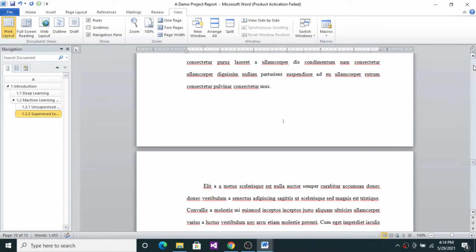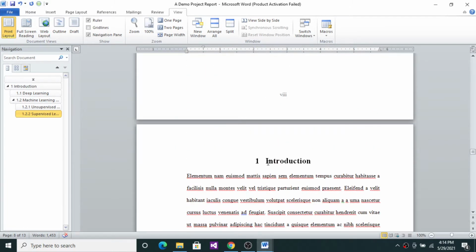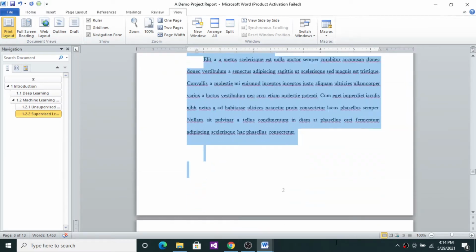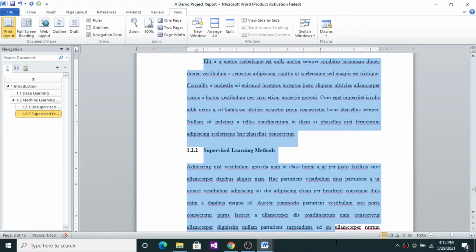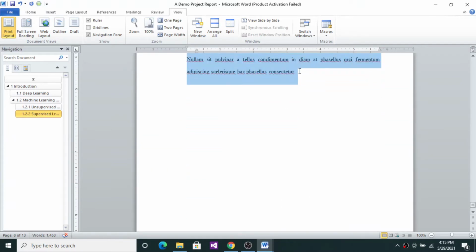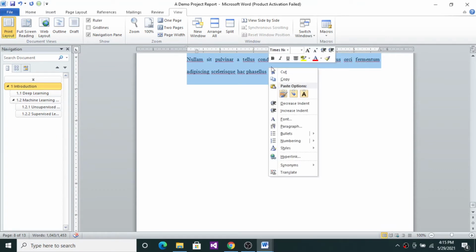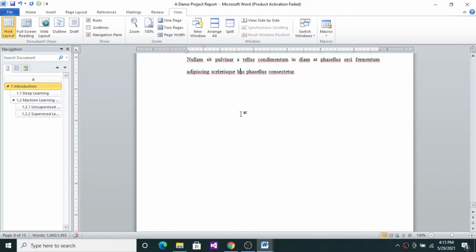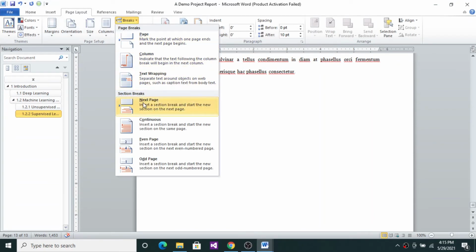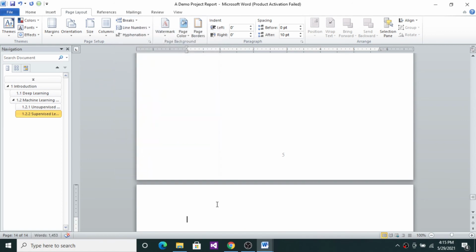Then I will edit my second chapter. So what I will do is I take the liberty of copying this whole thing. You are not supposed to do that. You will not do that. So I copy this. Okay, and then create a section break. I will create a section break. I go to the page layout, breaks, and then a section, and then